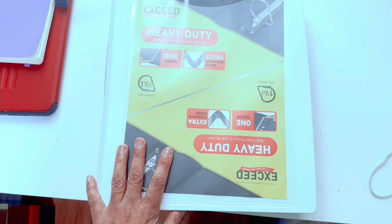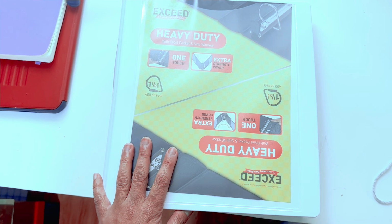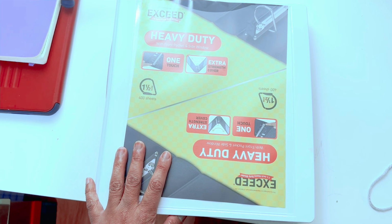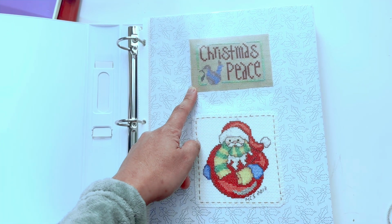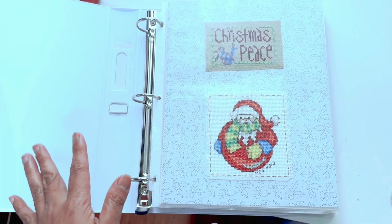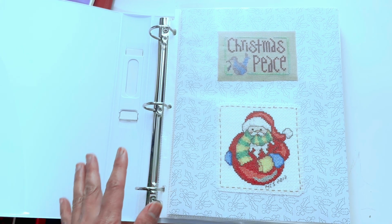finished cross stitch that I removed them. Some of them are removed from the frame, and some of them are actually like this one. I finished it and I decided not to make an ornament for this, so some of them have no place. I don't know where to put them, but I don't want to throw them away because I spent hours stitching